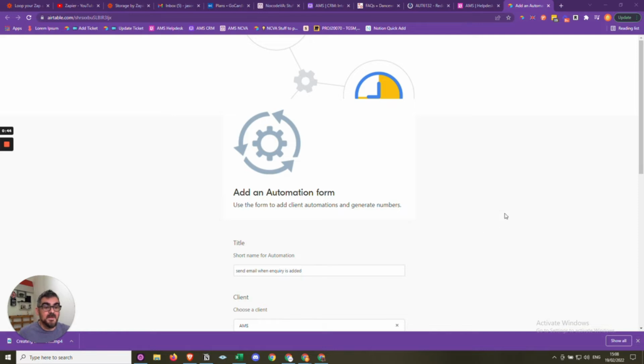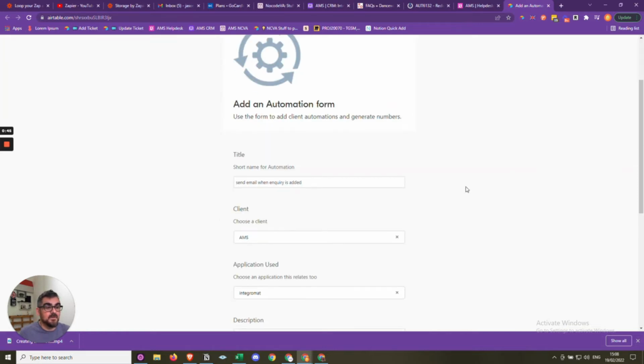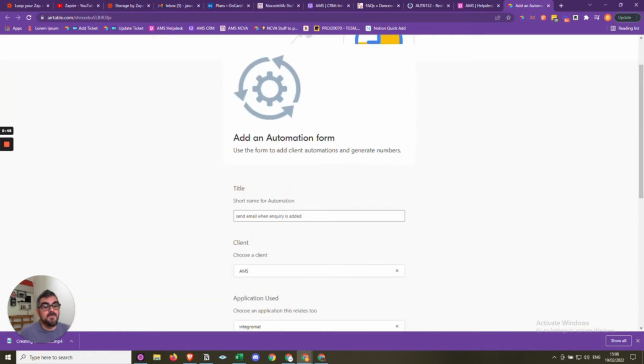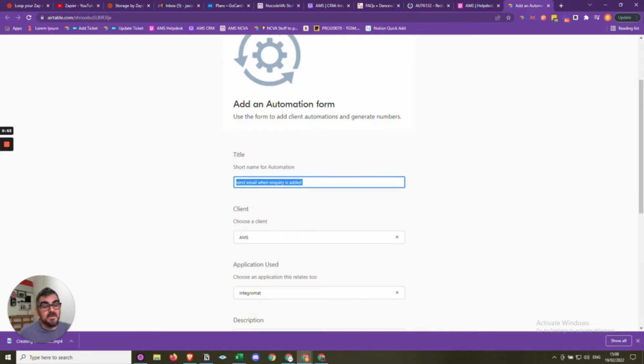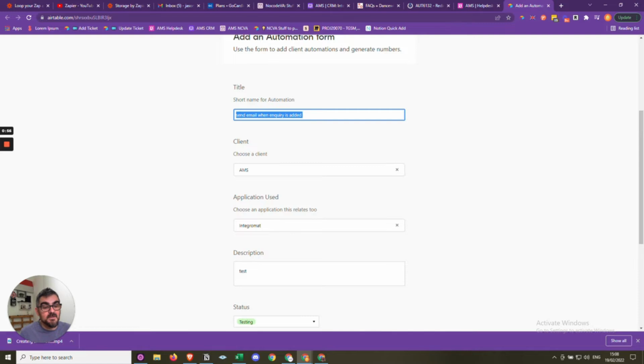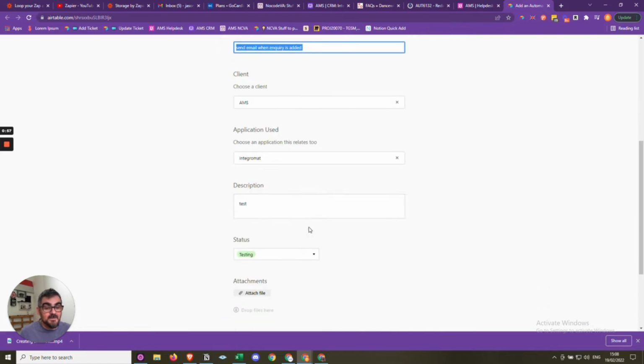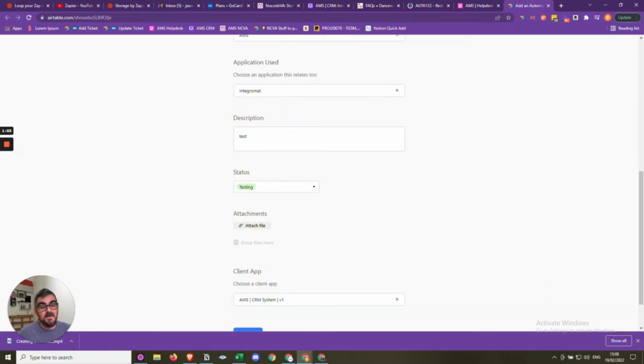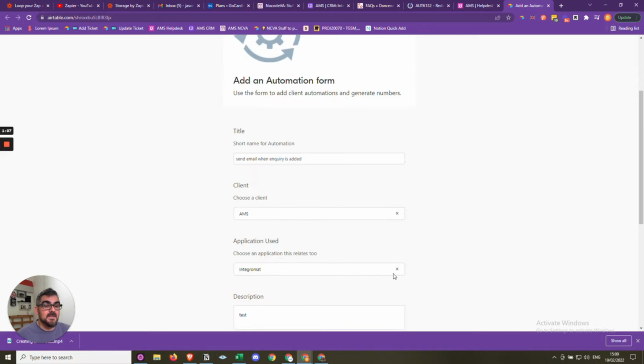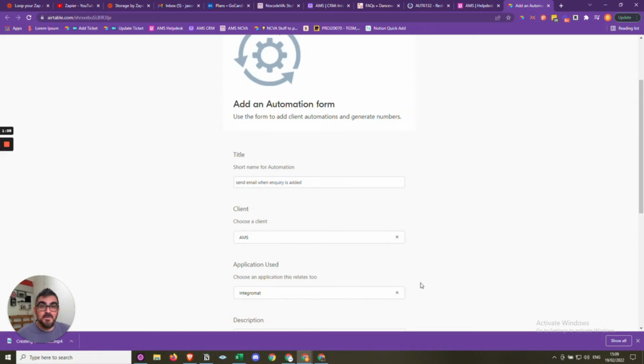So this is the form here, and if we just have a look at the form, we have the title here. So what is this automation? In this case, send email when inquiry is added. Choose the client, choose the application you're building the automation in. A good description in here is always good practice, and then the status of the automation that you're building, and then maybe the application. So the point is, this information is entered into Airtable for documentation purposes, and also when